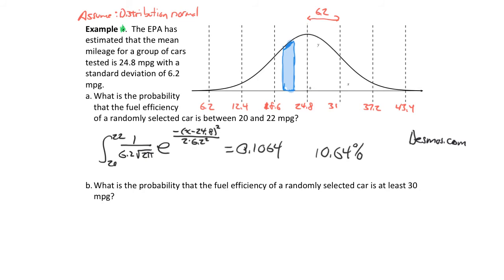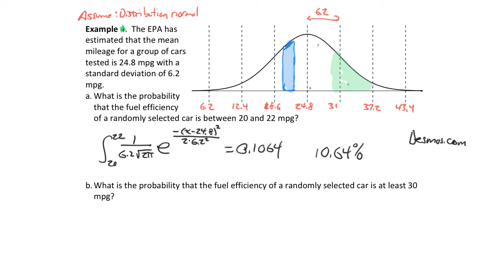For our final example, we want to look at the probability that the fuel efficiency of a randomly selected car is at least 30 miles per gallon. So I'm going to color this one in green this time. So 30 miles per gallon would be somewhere starting around in here, and it would be all the way out